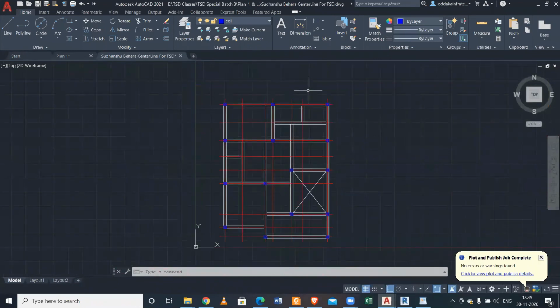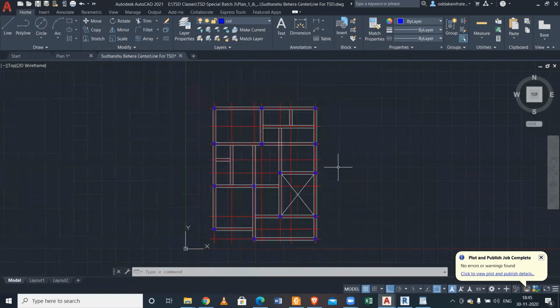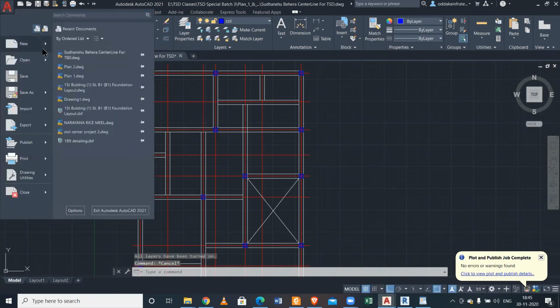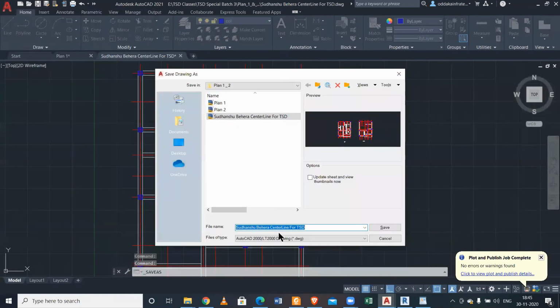So the columns are visible in Tekla Structural Designer. So let's do this in Tekla Structural Designer. We have two options for making this a DXF file. We can use the command DXF out, which will save this in the DXF format, or else we can go here and simply Save As. You have other formats like DXF.